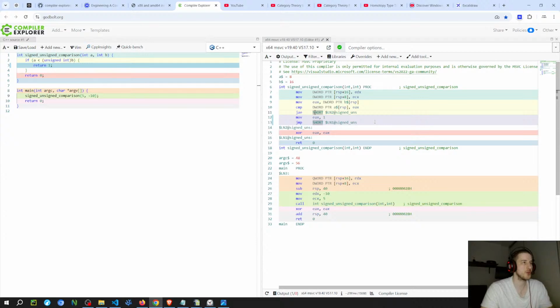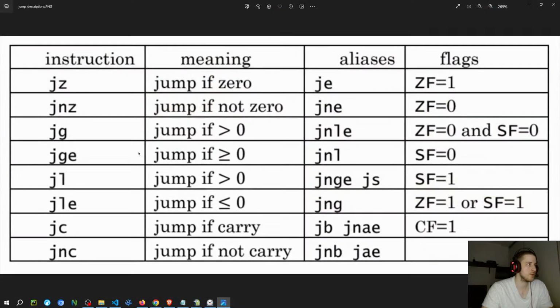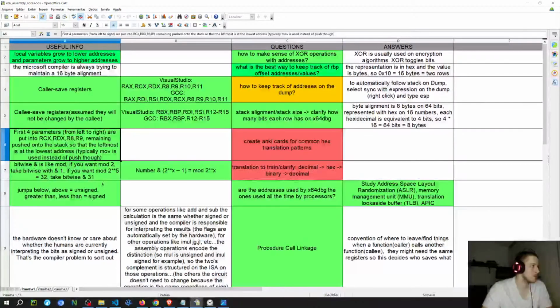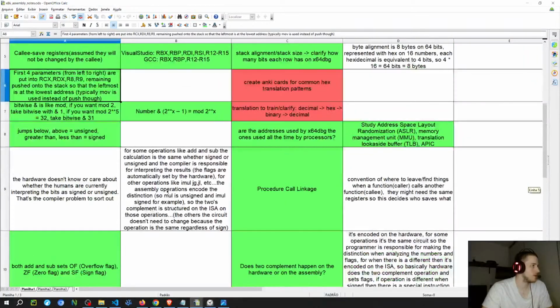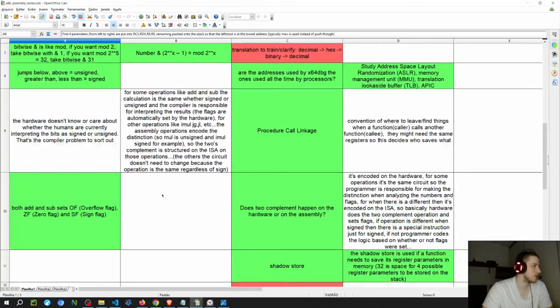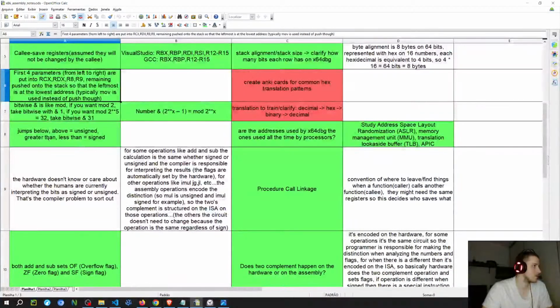I always forget which one is which, but I think above is for sign comparison. Above or equal. Also, it doesn't have the flags here. I'm pretty sure on the Anki cards I put the flags. But I think it's signed above or equal. Signed comparison. Oh, it's unsigned. Also, yeah, it does the unsigned jump because of the cast, I think.